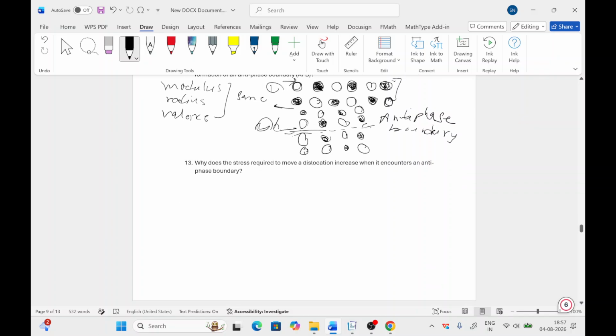Next question is, why does the stress required to move a dislocation increase when it encounters an antiphase boundary? As the dislocation from any other plane wants to move from this boundary, the atomic arrangement is different far from this boundary. Means if we want to move from this place to this place, the atomic arrangement is different. So because of that difference in atomic arrangement,